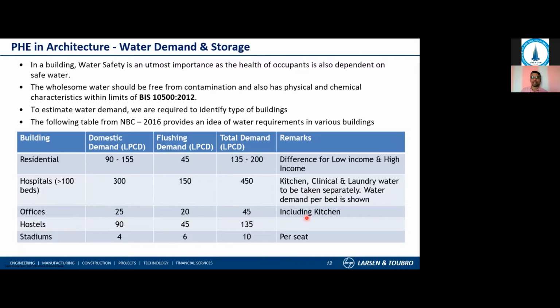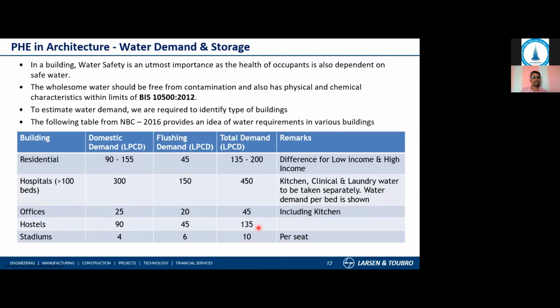because most of the offices will have the canteen facilities where the food is prepared for the employees there itself. So this demand is already included here. Yes, of course, hostel, which is almost similar to your residential nature, same of 135 only, it is going to be used by the students. And coming to other facilities, stadiums, if you say that 4 and 6 as a total of 10 per